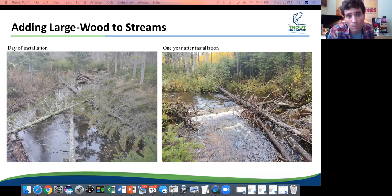I want to prevent mobility of the wood that I'm putting into these stream channels at all costs. So the methods that I use to put this wood into a stream channel are directly dictated by how best I believe it's going to stay in place during high flow events. Depending on the size of the stream, and let's go back to, again, bankfull width, depending on the bankfull width of any given stream channel, that is going to directly dictate how I implement